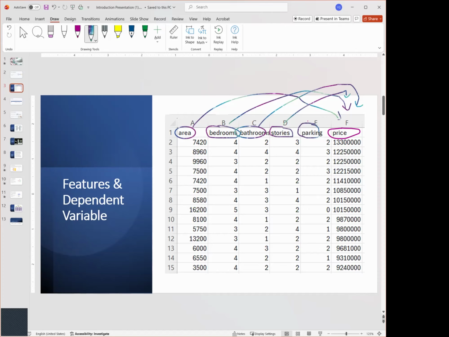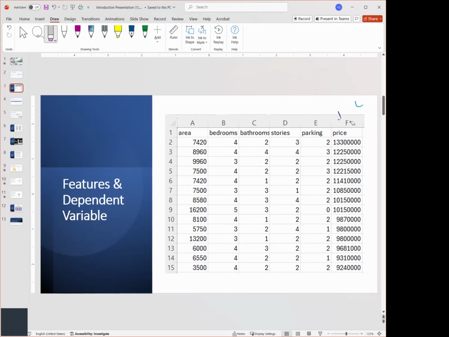That's what we're going to be doing, okay? So all of these features, some people call them, in statistics, like I said, independent variables. Some people call them predictive variables, but the most precise terminology is features. And they're used to predict the price in this specific case. And the price in this specific case is a dependent variable, okay?